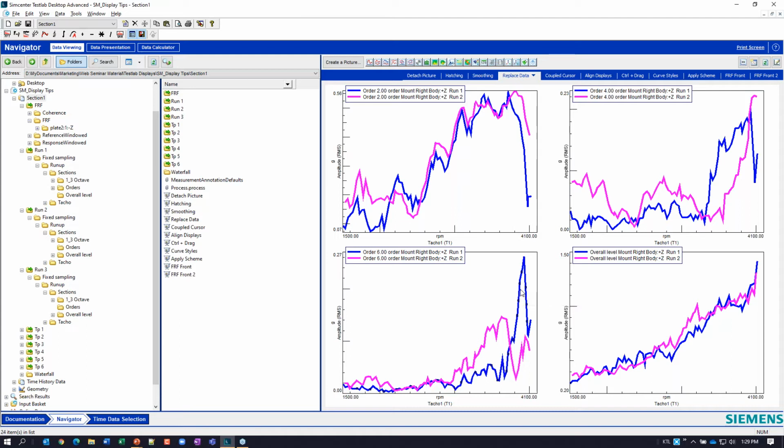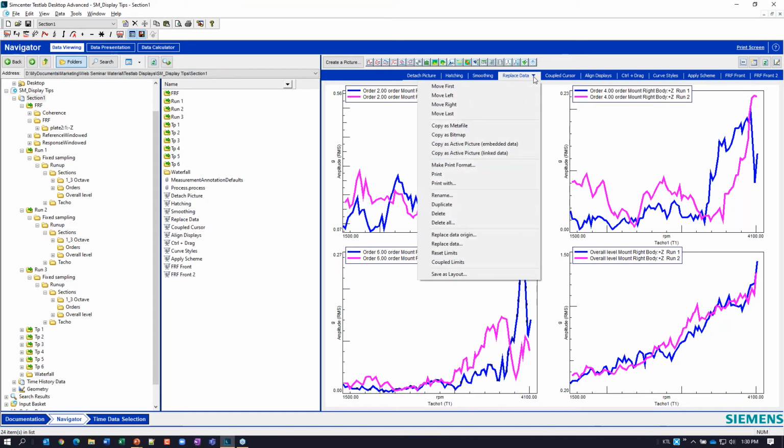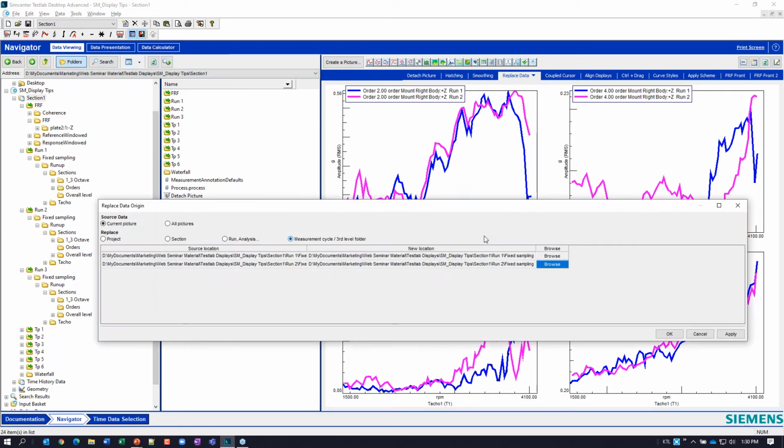Or I could rebuild this plot from scratch if I really wanted to, but there's a better way for cases like this, and I'm going to use that display down arrow, and I'm going to go to that replace data origin we were talking about. So here it brings up this menu where I can say, do I want to replace the data on a project level, a section level, a run, or an actual measurement cycle level?